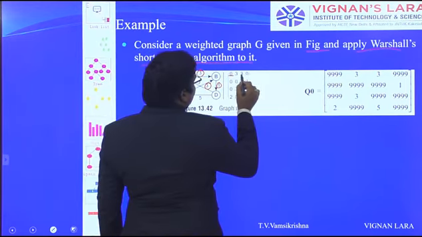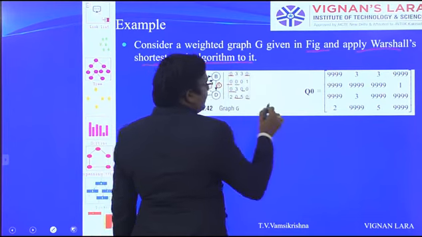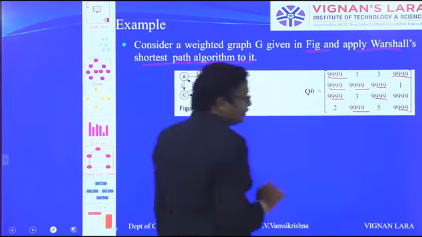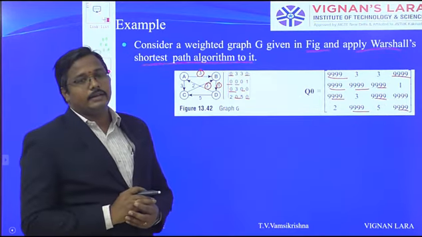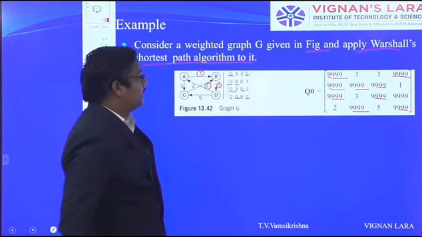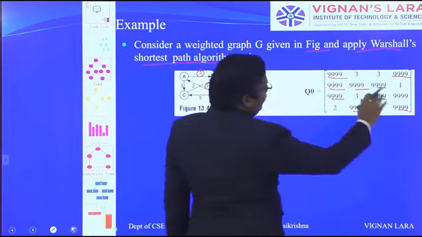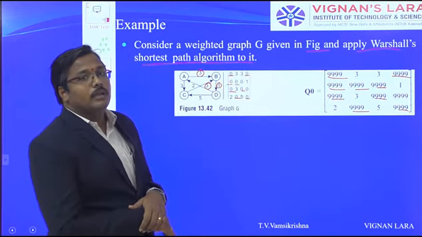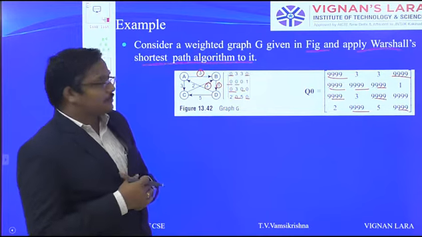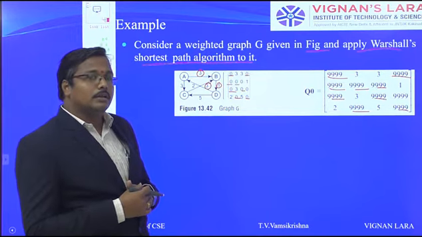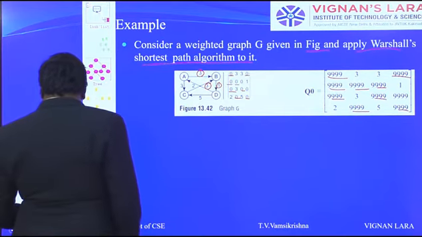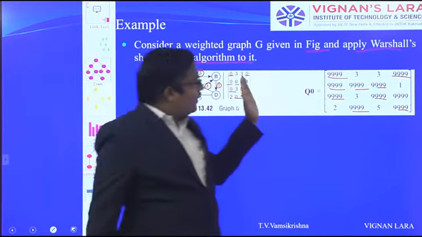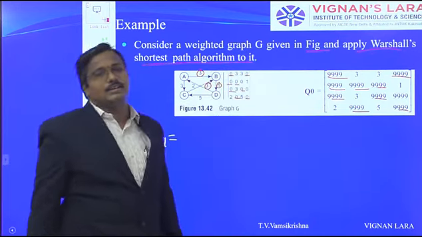Okay. So where the zeros are there, the zeros are replaced with infinity values. Right now our infinity value is 9,999. So the remaining places, whatever distances are there, they are copied as it is. So Q0 is there. So right now we want to calculate Q1. So here one logic is there. First I am explaining the logic. When we are finding Q1, no need to find out all the 4 by 4, means 16 computations.